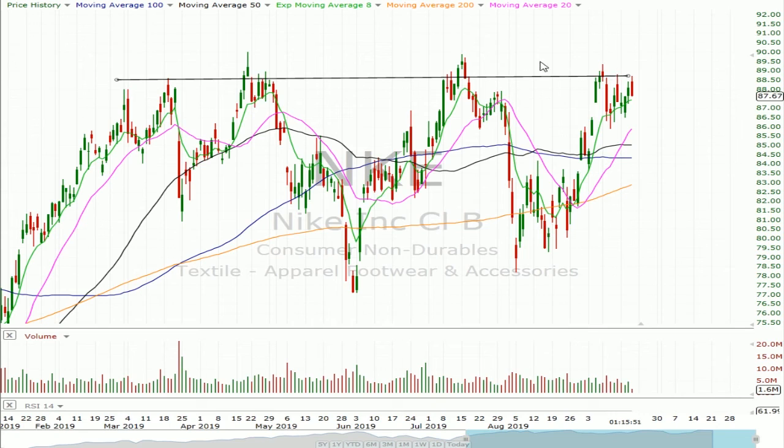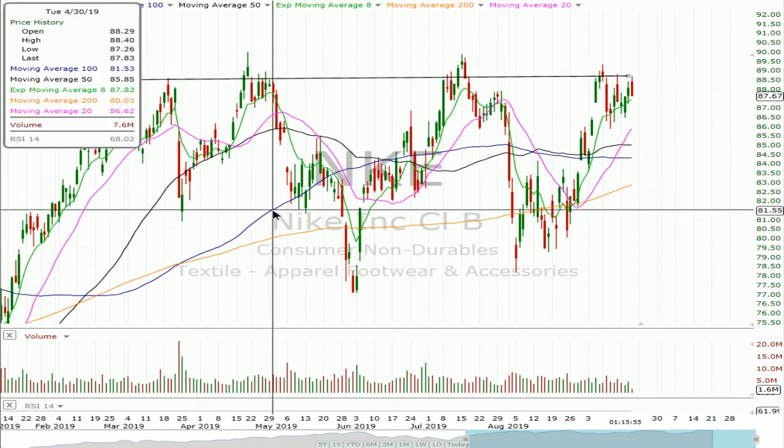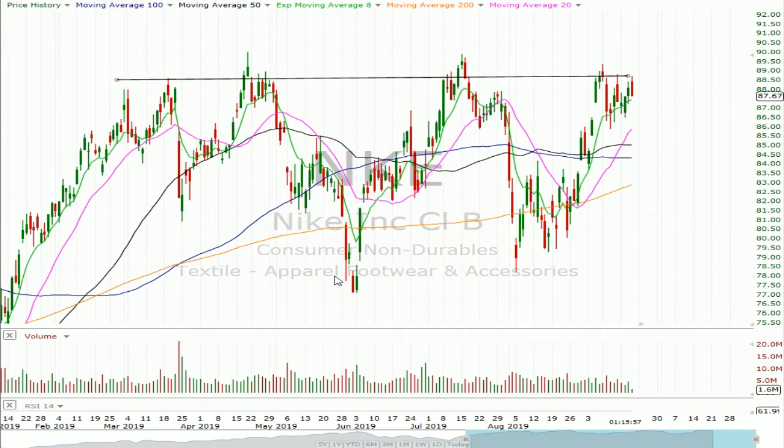And basically each time it fails in the high 80s here, it tends to roll down at least into the low 80s, right? A couple times into the high 70s. So if you respect the range and you say that if it is weak and it rolls off the top here, 4.5 points, 475 was priced in. A move into the low 80s, it's possibly 6, 7 points, right? So I'm kind of thinking a staggered strangle, maybe favor the downside, but maybe have some sort of small bet